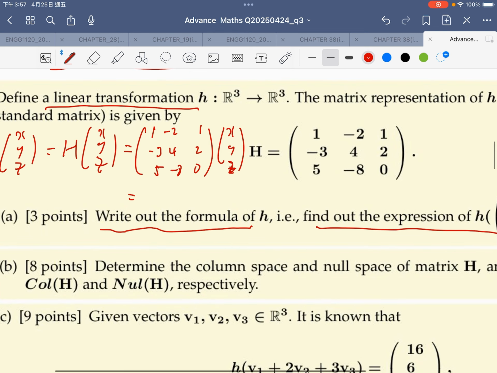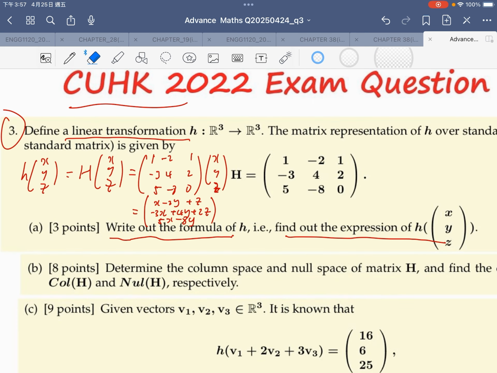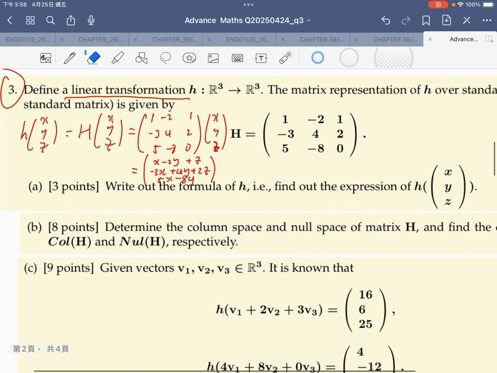Then finally, we got the answer here. The answer should be: the first one is X minus 2y plus Z. The second, -3x plus 4y plus 2z. The last one, 5x minus 8y. That is the expression. I cannot believe it is so simple, because no one believes it is 3 marks for